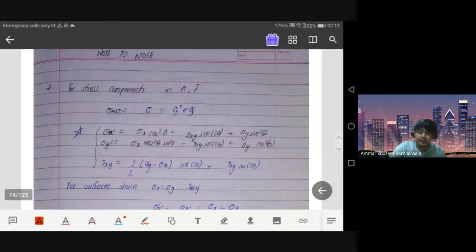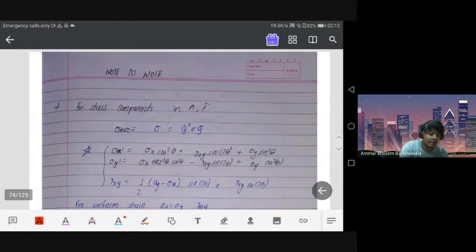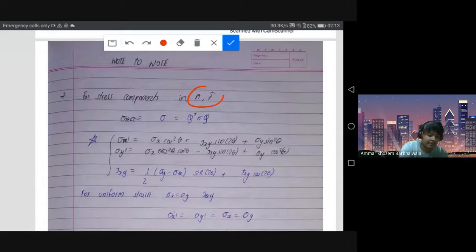Okay, so last time we did the force and moment balance. Now we're considering the same thing that we did for strain, but for stress. That is, we're considering stress in different directions. If I consider any arbitrary direction n-cap and tau-cap, I can write the stress